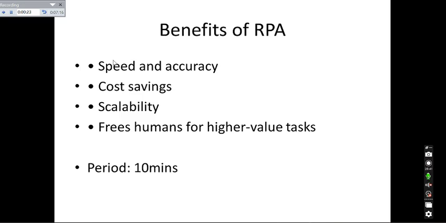Okay, I'm trying to give the full meaning of RPA. RPA stands for robotic processing automation. Now, like I've said before, this is a career course, and every simple, repetitive task that you perform on your system, you can simply design what we call a bot. You understand? You design a bot, and when you design a bot, you make it perform